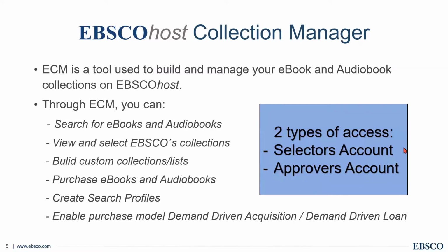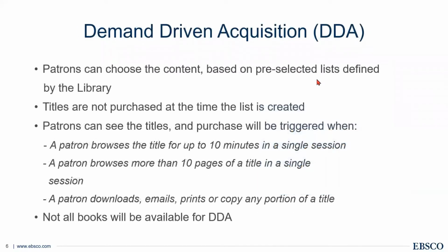We have two types of access. I understand both of you already have your credentials, so I don't know which access you have. We can offer two types of access: one is a selector, one is an approver. I will show you in the following slides what the difference is. But first,